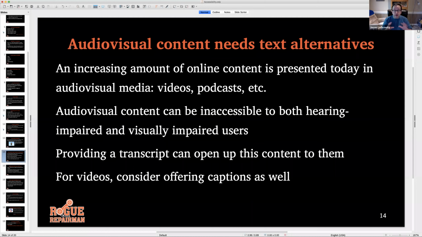Because they are sort of cut out. They can't appreciate that unless additional effort is taken to open it up to them. And so if you're going to be publishing video content, or audio content, one of the things you want to think about if you're coming to this from an accessibility perspective is how can you, if we're going to be doing this, we want to provide a transcript. Okay, we want to provide a text version so that if the user can't see the video, or